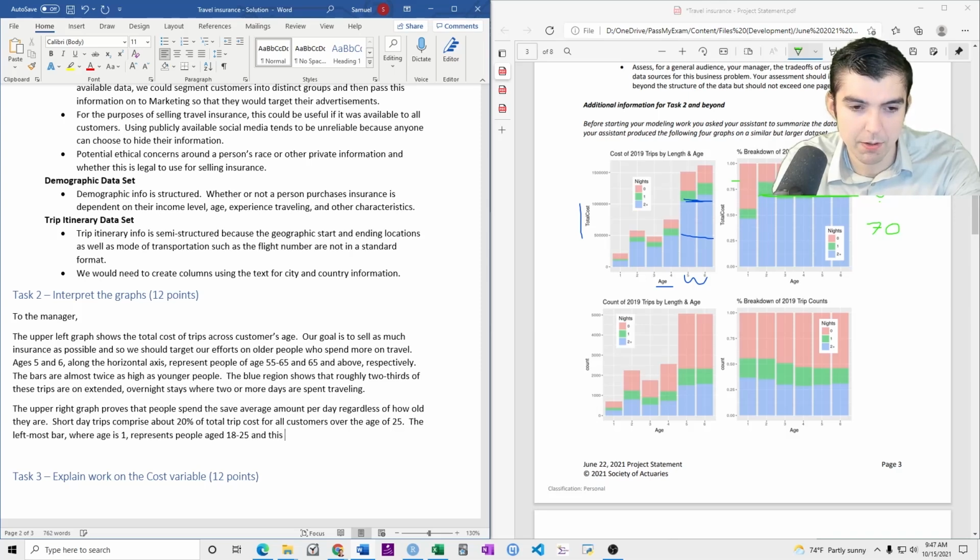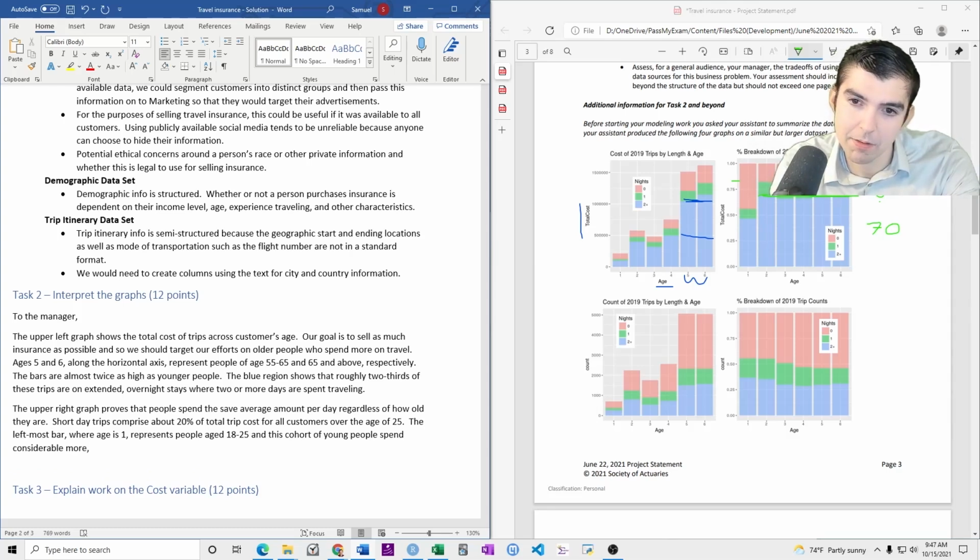And this demographic or population cohort, young people, spend considerably more. They spend about 60%. This is 50.